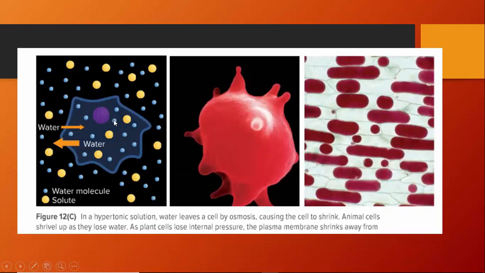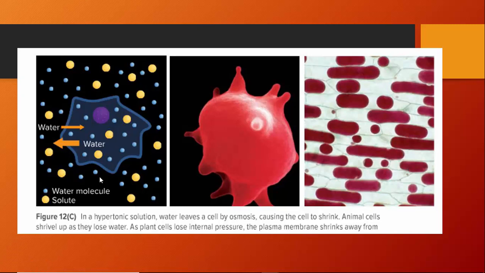Now, in a hypertonic solution, that means there is more water in the cell than there is out here, and water will be leaving the cell because there are more solutes outside the cell. So water will be leaving the cell to make it equal, try to make it isotonic. Now, in a hypertonic solution, water is leaving the cell by osmosis, and that's going to cause the cell to